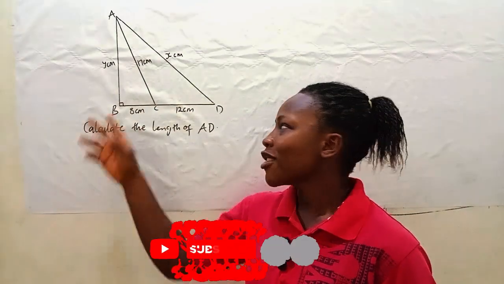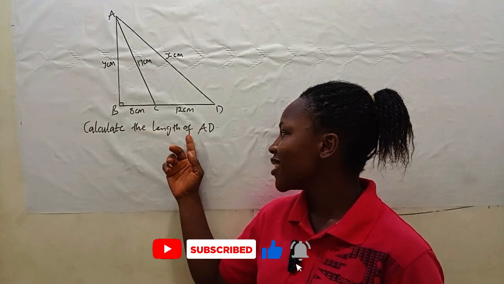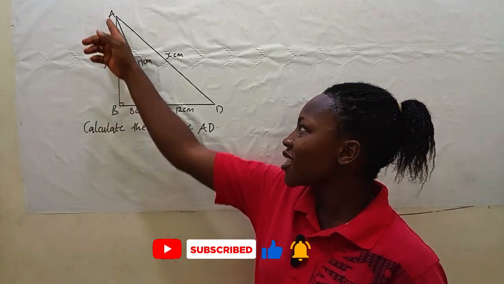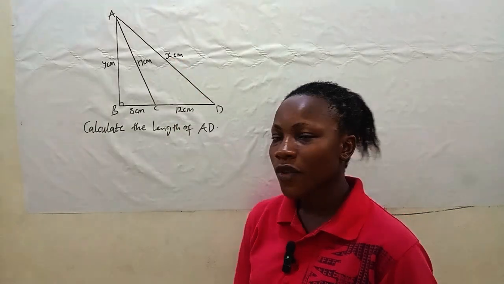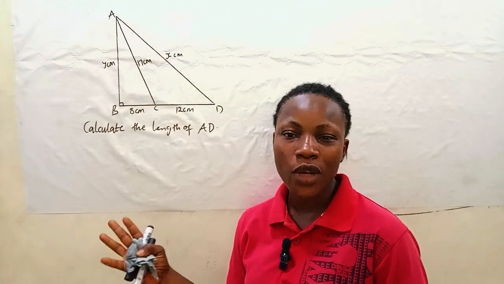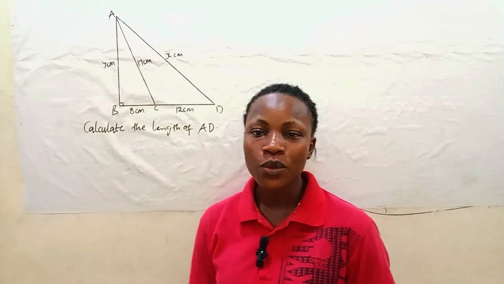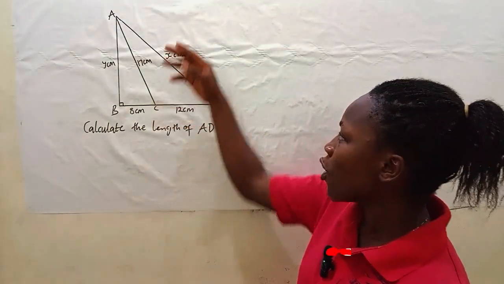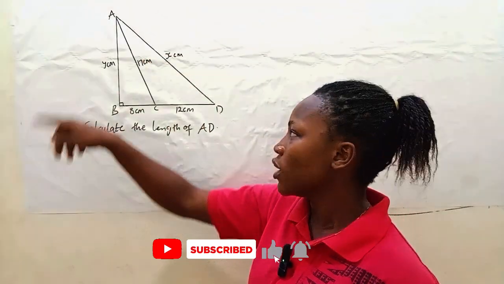Alright, let's solve this question on the board where we are asked to calculate the length of AD. This is our AD and it is equal to x cm. So the method we are using here is Pythagoras rule. Alright, so for us to be able to find this x, we ought to know the value